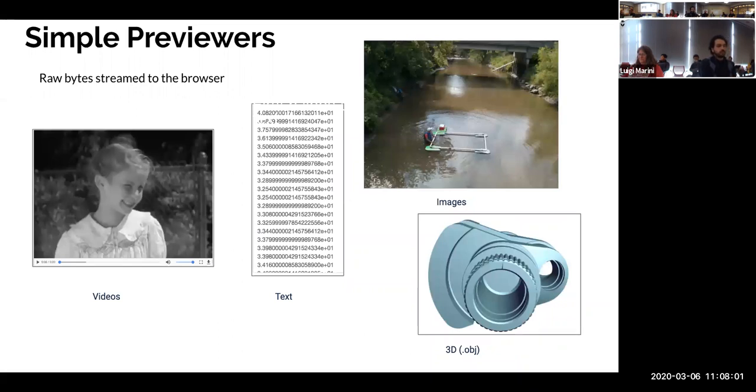Most of the time, when you upload your typical MIME type, so images, text, videos, and 3D objects, you will get some kind of preview on the page. For the core native types, that's pretty straightforward. We support all the basic types. There isn't really much going on,